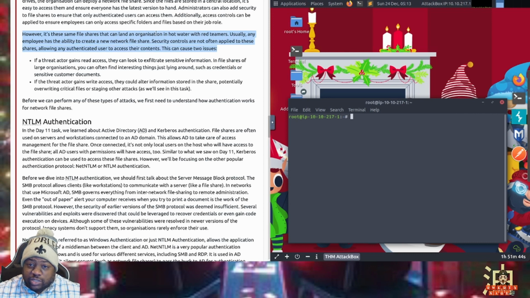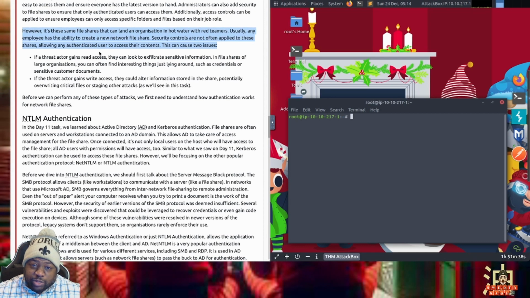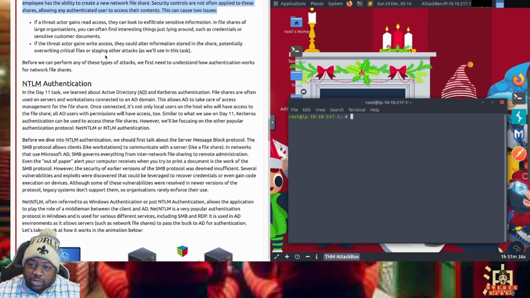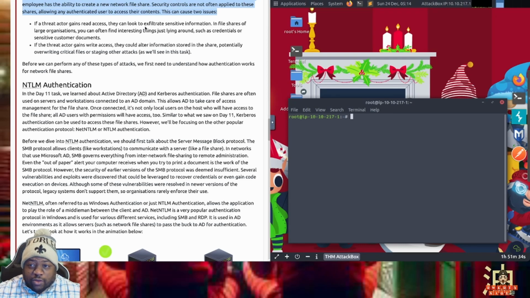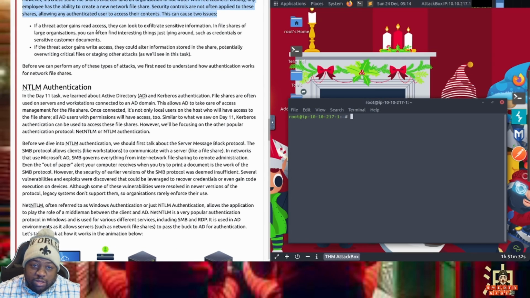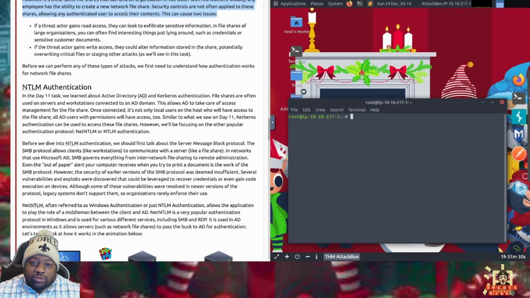These file shares can land an organization in hot water with red teamers. Usually, any employee has the ability to create a new network file share. Security controls are often not applied to these shares, allowing any authenticated user to access the contents. This can cause two issues.